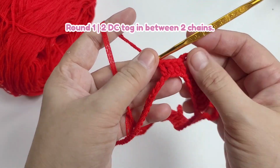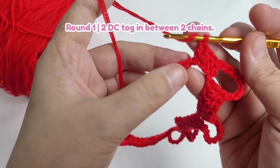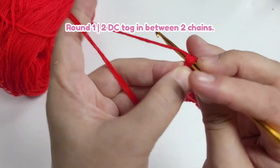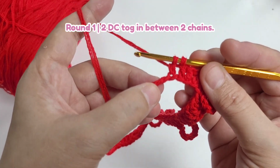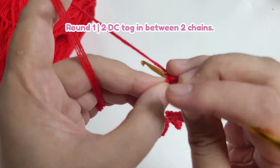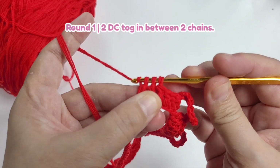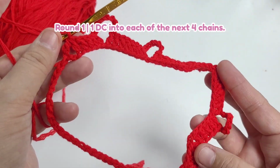And so we have 4 individual double crochets. So once you have 4, then we're going to yarn over and then work our half of the double crochet. So we're not going to finish that because we're going to do 2 double crochet together, but there should be 2 chains in between, 2 skip chains. So we're going to yarn over, skip 2 chains, and into the third, that's when we do the half of the double crochet. And then you should have 3 loops on the hook, yarn over and pull through all 3. There. So as you can see, we have just repeated,